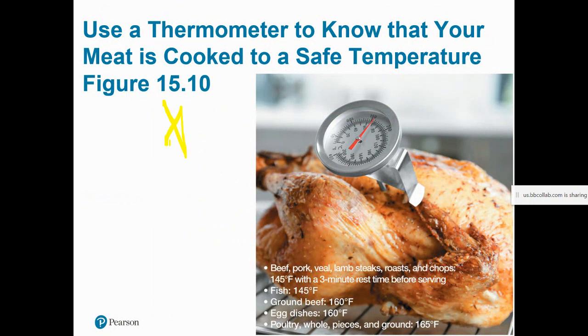Here is the figure, sorry, the one showing you the safe cooking temperatures. You'll notice this is only for meat, because with fruits and vegetables, if there is contamination, just by washing the produce thoroughly, you significantly reduce the risk for exposure.